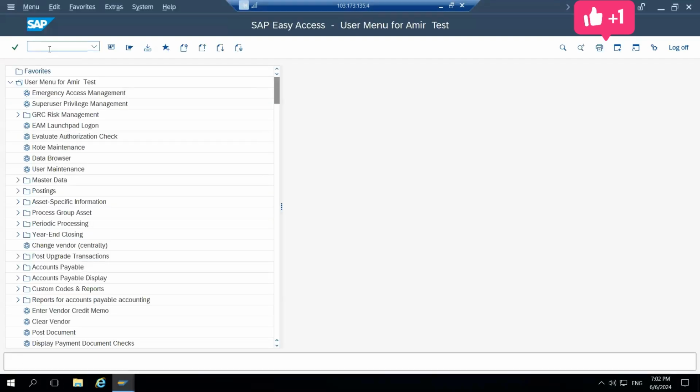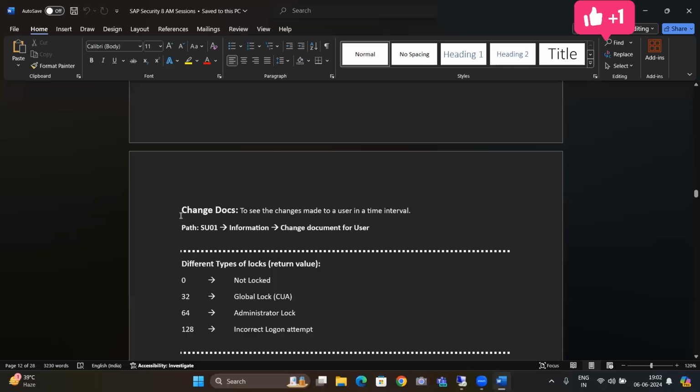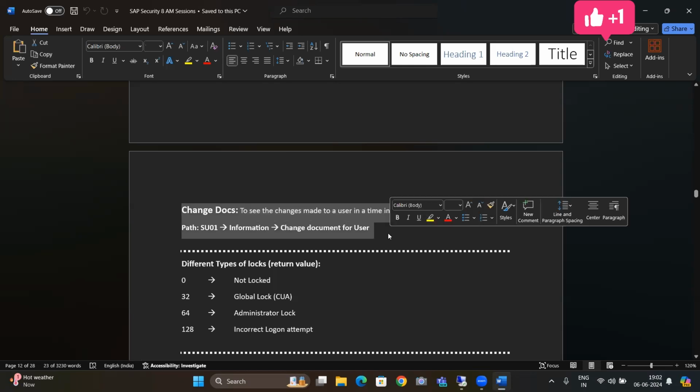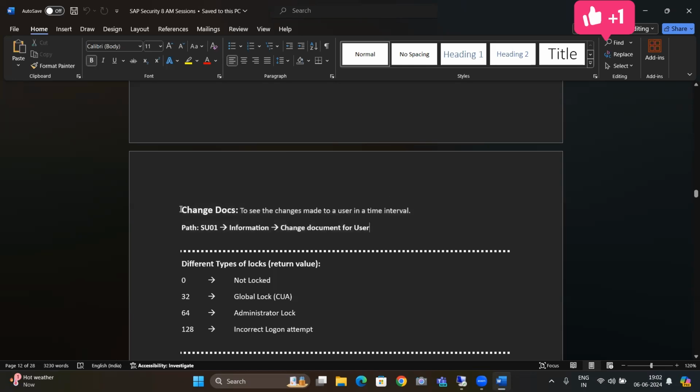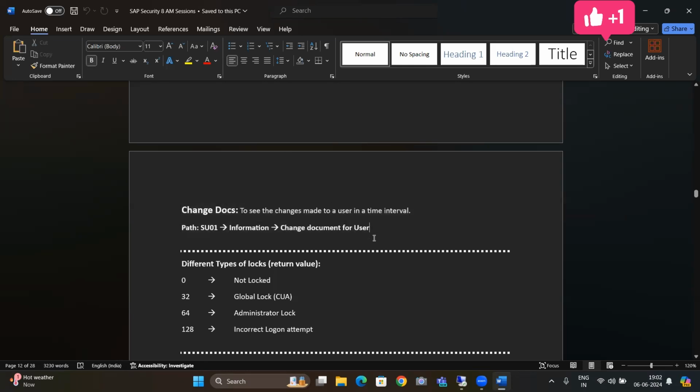Let's open SU01. Now it tells us change documents. Change documents will be used very frequently when you are in any organization. And as the name suggests, it tells us the changes that are made. For example,